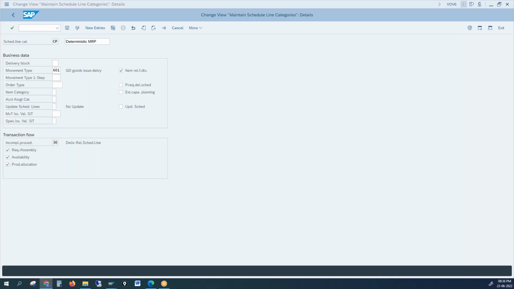Not possible, right? Because without an order, you don't have a schedule line. Without a schedule line, you don't have a movement type. Without a movement type, you cannot do a delivery. Because